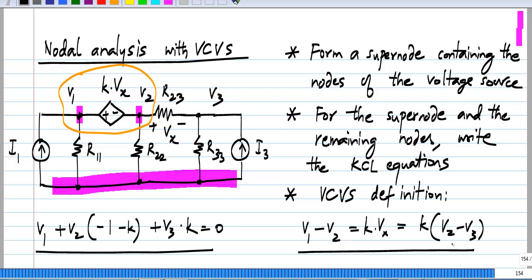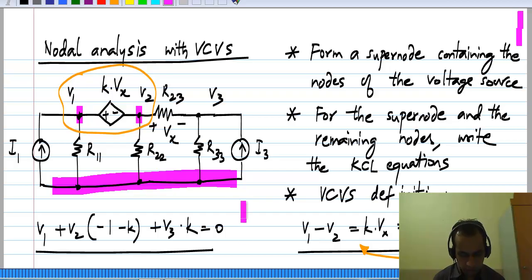All I have done is to shift this to that side. Now in this particular case, V2 appears here and there as well, but that's not necessarily true in general. You can have the controlling nodes to be completely separate from the controlled nodes. So this is the equation that we have, and the other two equations are from the super node and